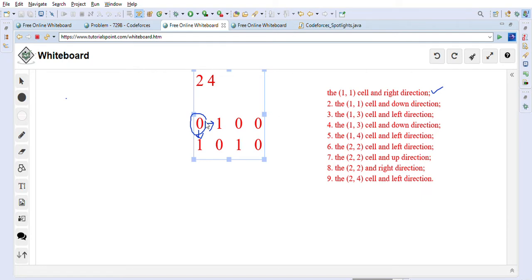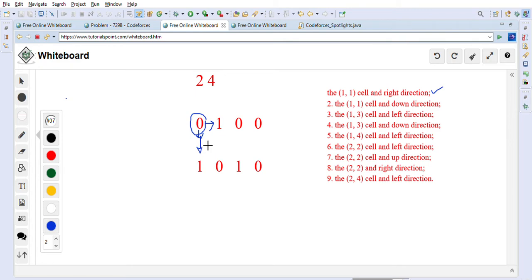Let me place one more row here so we can easily read it. So we can place it in the down direction, because there is an actor here. So this is what they are saying right here. Similarly, 1 3 and left direction. Let me remove this coloring now. So we are here at 1 3 and left direction, so we can place it here, and it is in the left direction because an actor is here and this is an empty spot. After that 1 3, and we can place it in the down direction because there is another actor here.